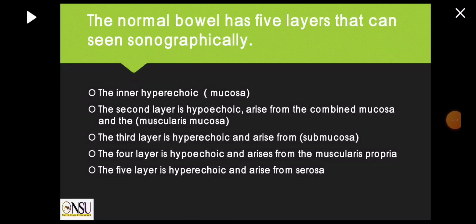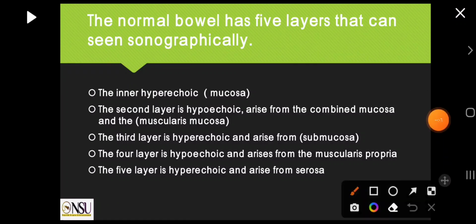The normal bowel has 5 layers that can be seen in the sonographer. All the digestive system, stomach, esophagus, small and large intestine, have the 4 layers. It can be investigated as a large bowel and a small bowel or the digestive system in the body by using